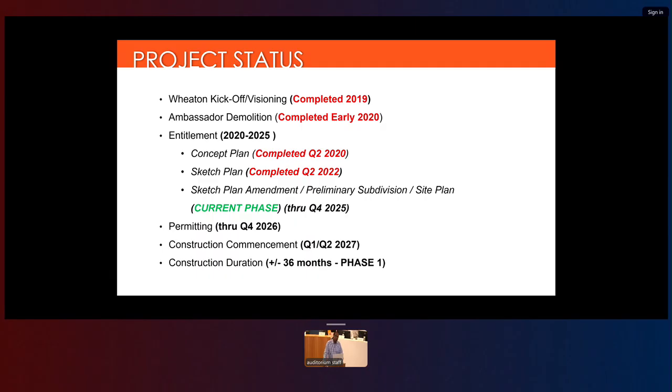Can you just clarify one thing quickly? Once you go to the board in Q4, yes. Is that the last time you have to go to the board, or do you still have to submit a final subdivision and another plan before you move on? That would be the last time we're going to the board. After that, we have to do a record plat, which is part of the process, and then we're able to move into the permitting process, et cetera. So that would be the final time we have to come in front of the planning